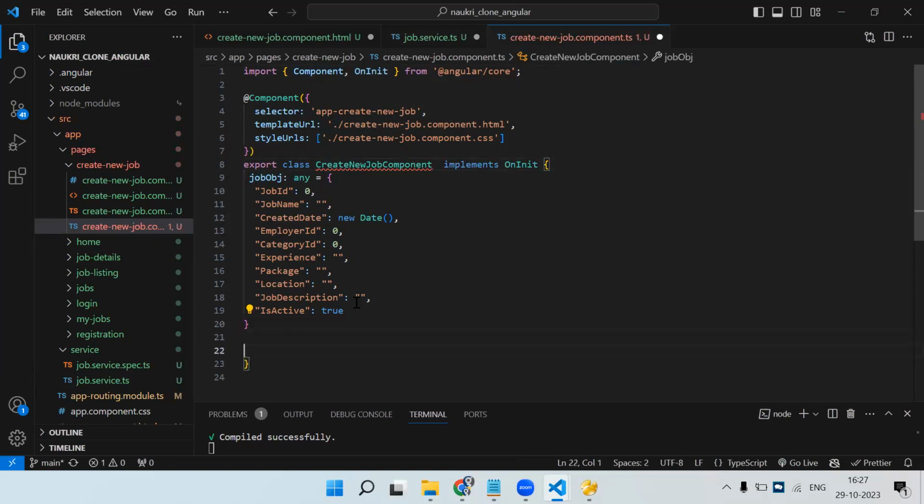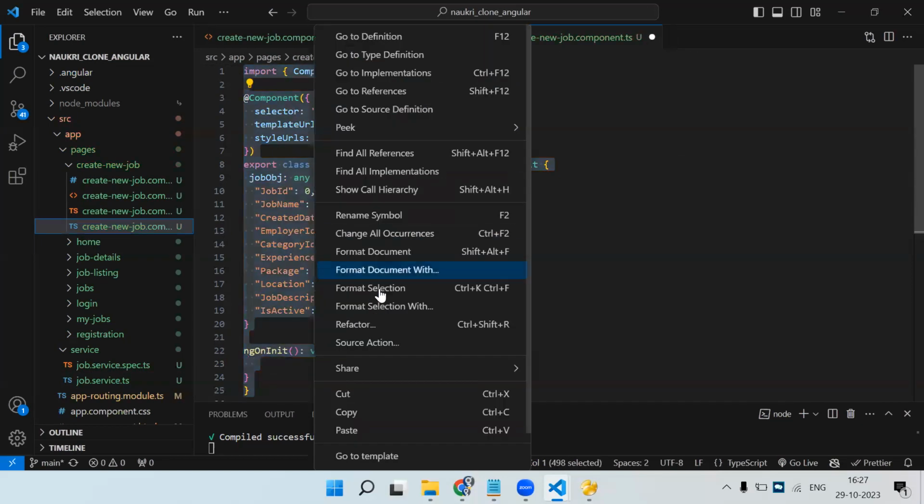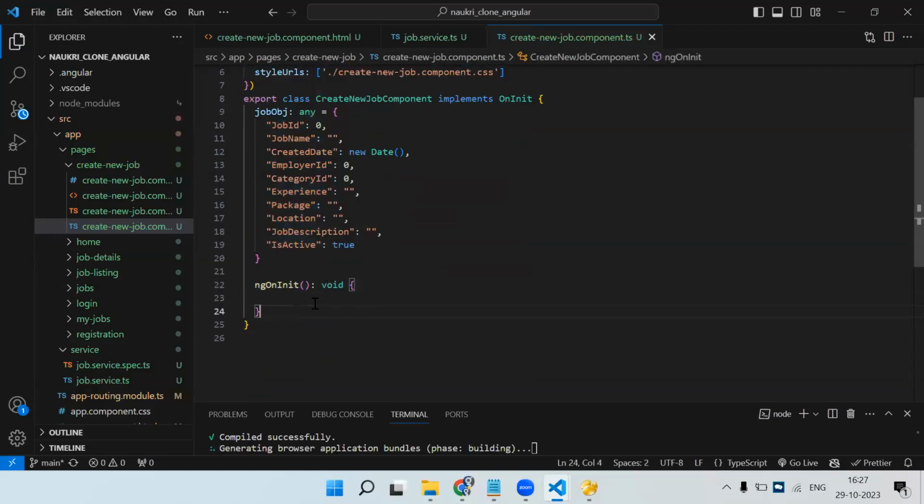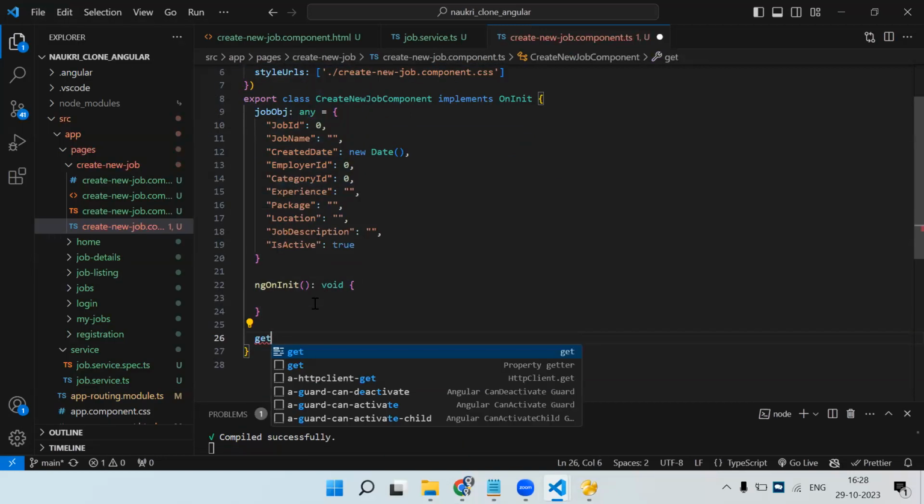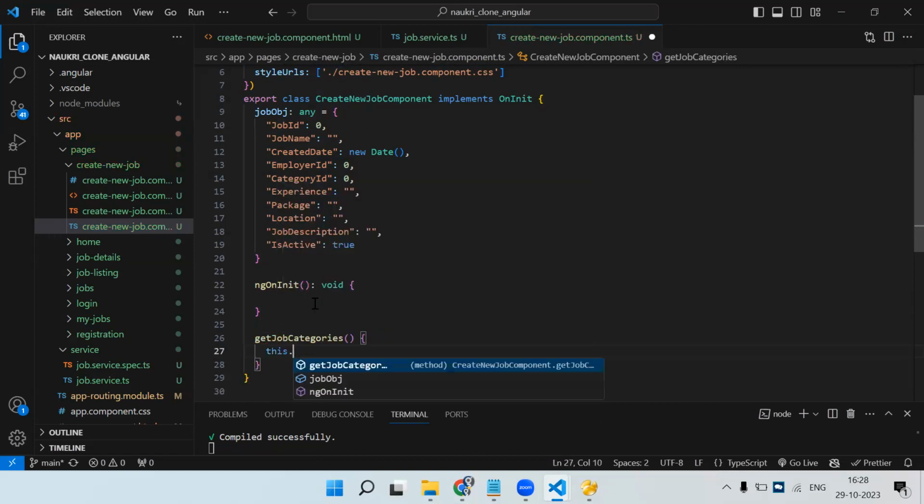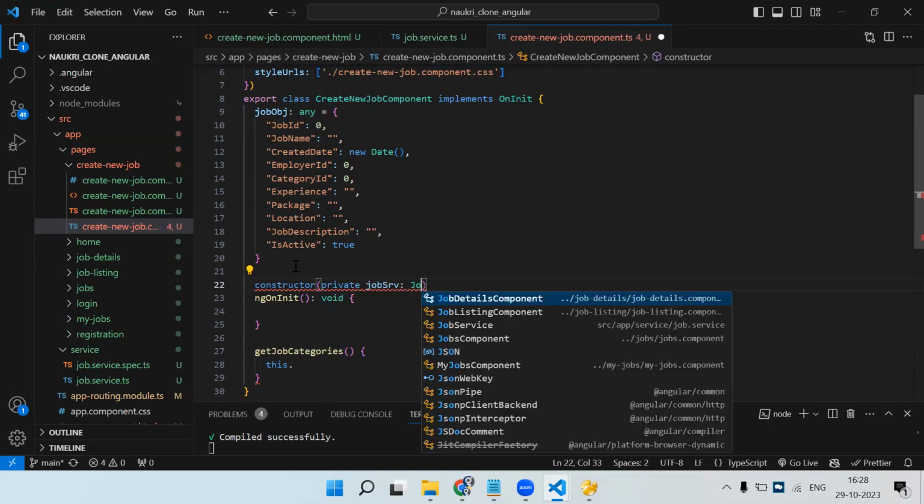ngOnInit, right? So let me just format it. Now we will create one more function, get job categories. So obviously, again, we are going to create a constructor, and that service object we have to create. So private job service colon job service,